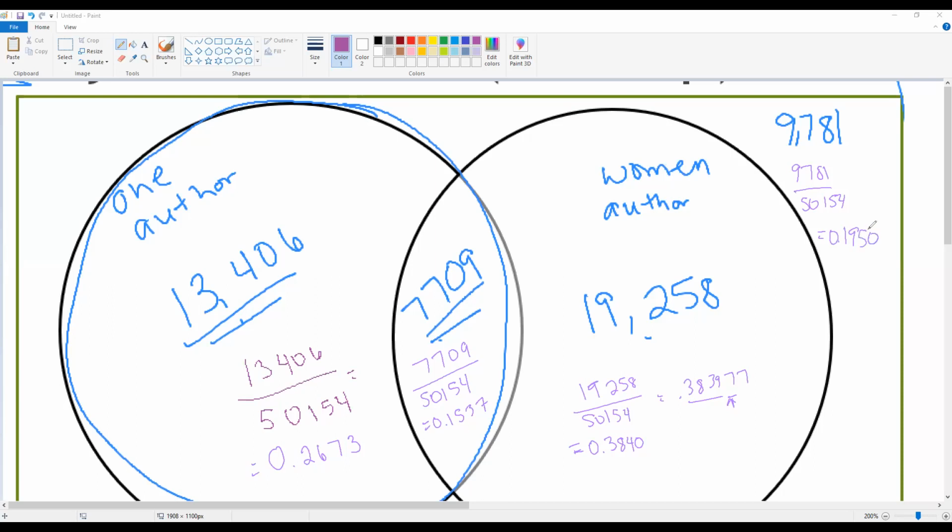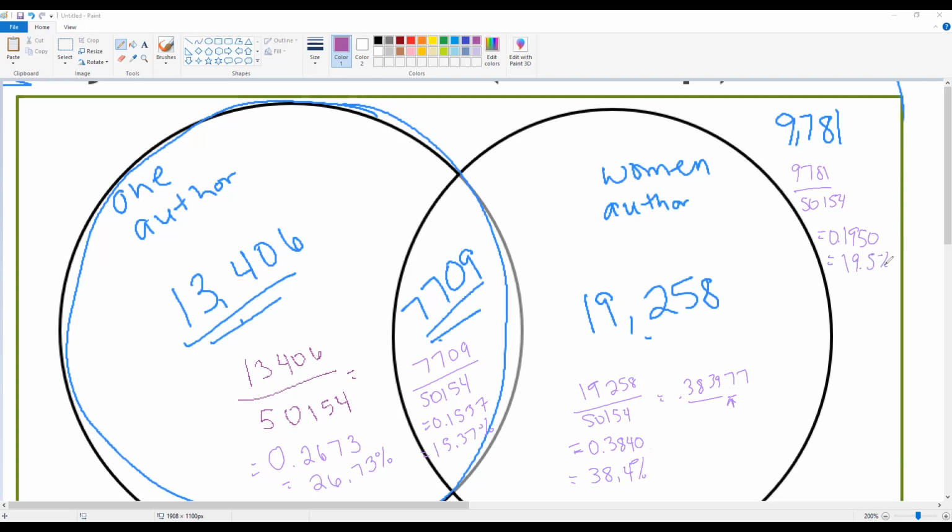0.1950. And a quick check to make sure you did your math right. If we add up 0.26 plus 0.15 plus 0.38 plus 0.19 or 0.2, it should come out really, really close to 1 or 100%. If it's not, you know you might have made a mistake. And lastly, if we convert these to percents, we have 26.73% when you multiply that by 100. 15.37%, again, you multiply the decimal by 100. And 38.4% when you multiply it by 100, and